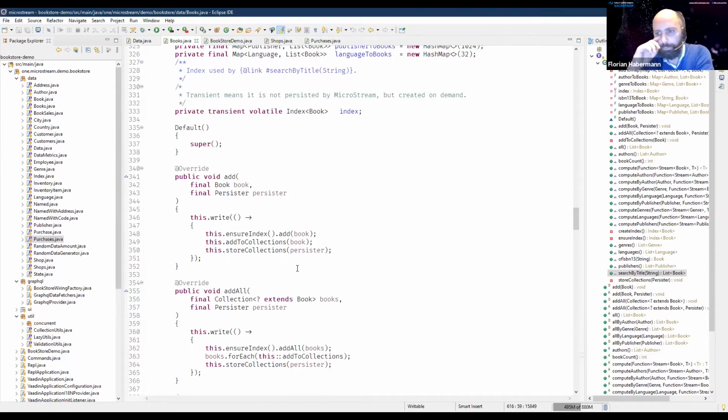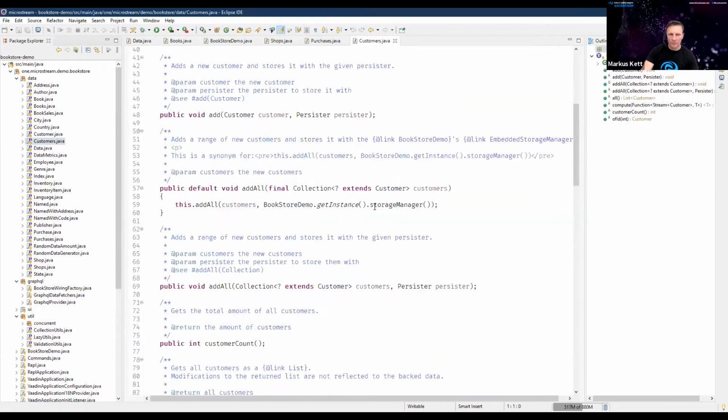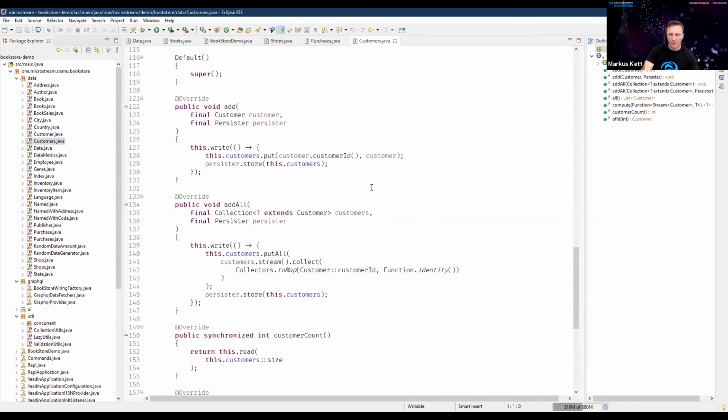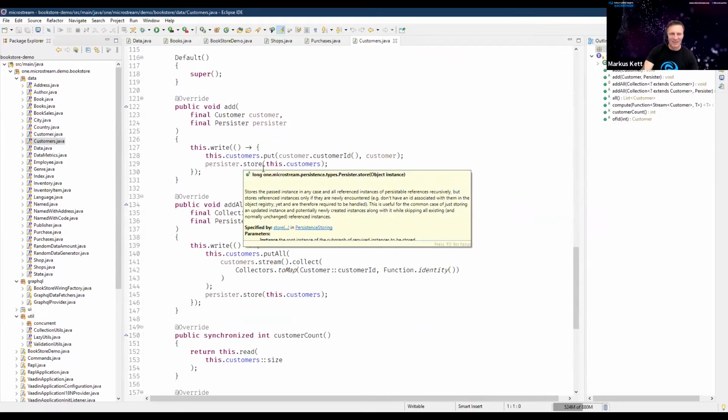Okay. Yeah, that's it from me. Christian, I have a very difficult question for you, again from the forum. Do you recommend a specific database for storing MicroStream data?